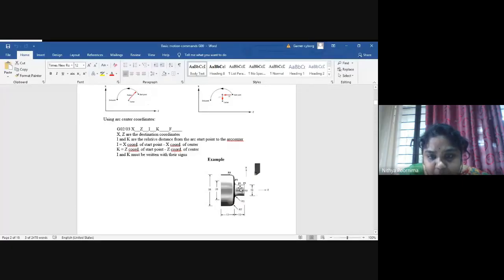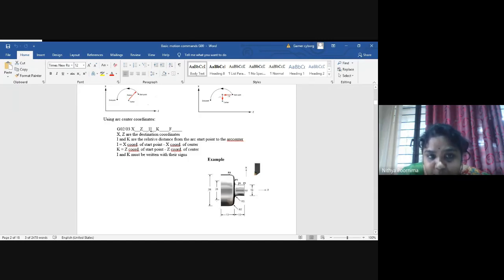So in G02, first you will bring your tool from here. You will define your intermediate coordinates of the points, right? So you're going to define them as P2 and P3, right? First you'll bring your tool to the P2 position, then give G02, because this is clockwise motion. G02, give X dimension, give Z dimension.